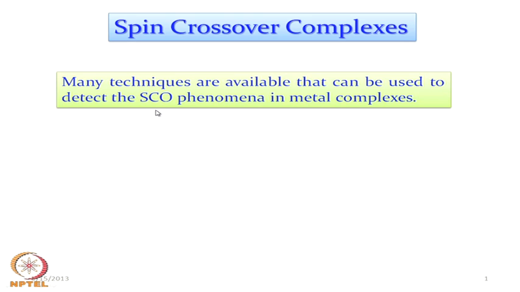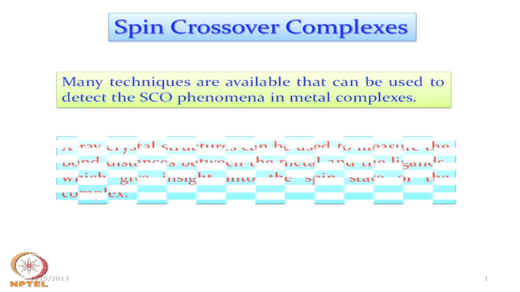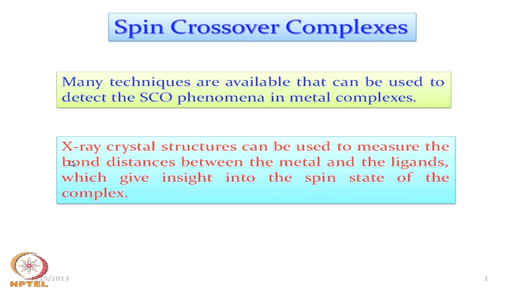So, for a complex which we designate as high spin, as well as for the complex which we designate as low spin, how can we detect it nicely using some of the physical techniques? And one such technique is definitely the crystal structure determination,